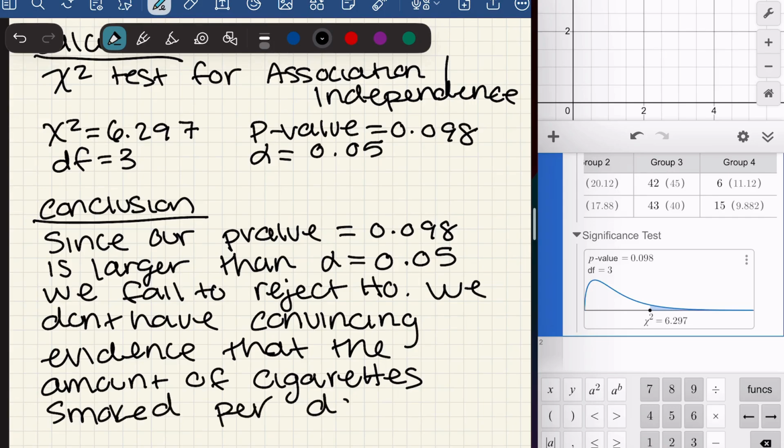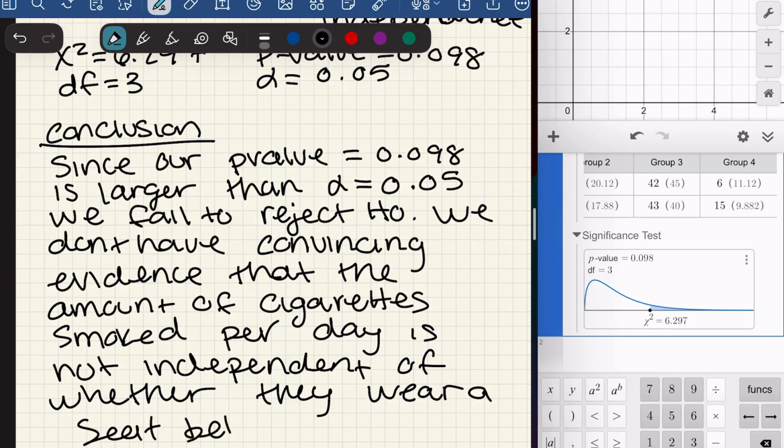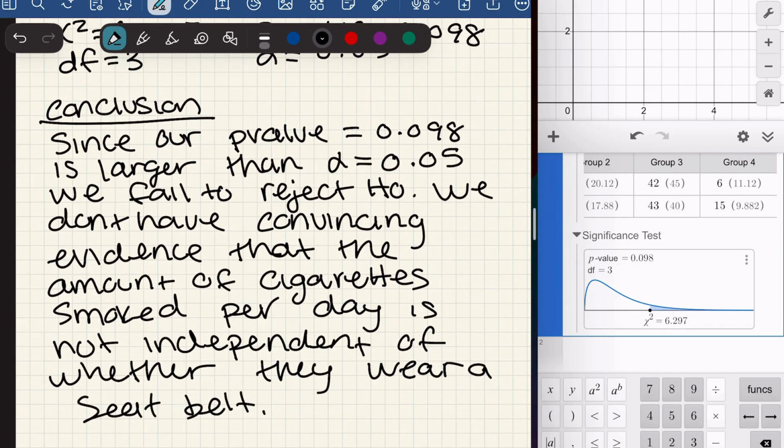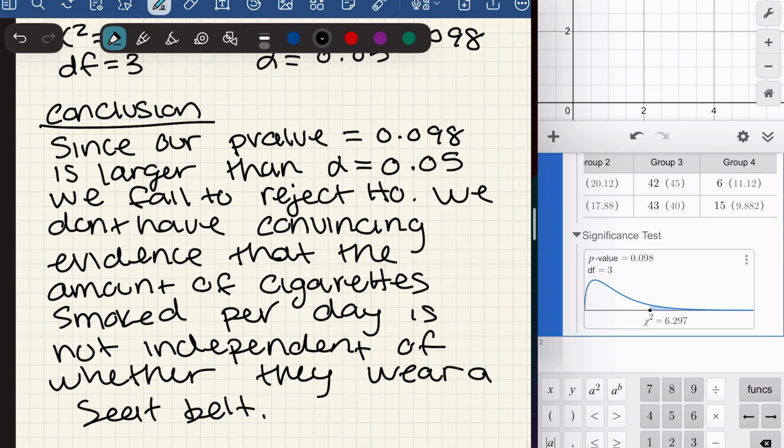Okay, and then what's my last C? My conclusion. Remember, for all the chi-squared tests, we were always comparing our p-value to alpha. So I say since our p-value equal to 0.098 is larger or smaller? Larger than alpha equal to 0.05, we fail to reject the null hypothesis, which means we have or do not have? We do not have convincing evidence that the amount of cigarettes smoked is not independent of whether they wear seatbelts. Good. So the evidence that